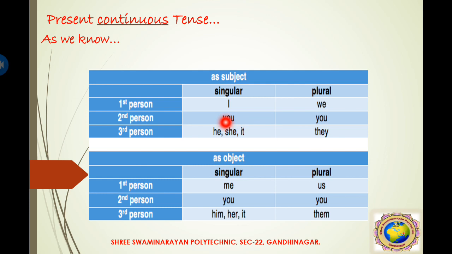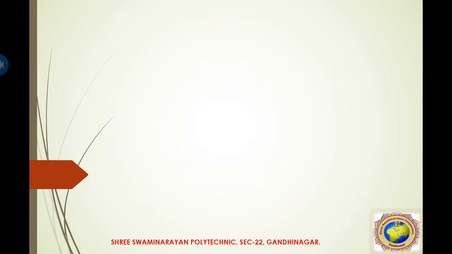Here one question arises. In the second person, the singular is you, and in the same way the plural second person is also you. So here is the confusion. But here you is used for one person and here it is used for more than one person. So dear friends, as we know the object and subject, with the use of the verb in the previous lecture we made a simple present tense. In the same way we are making a sentence with the use of subject, verb and object.